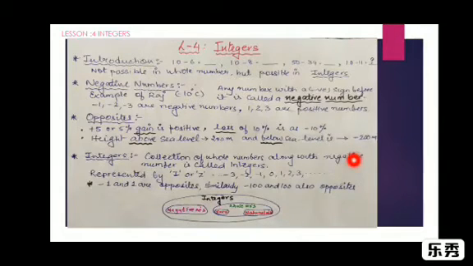Integers, when we talk about them, what does integers include? You can see again on the screen, integers have negative numbers, they have a 0, and they also include natural numbers. So integers have in them negative numbers, 0, and natural numbers, which are numbers 1, 2, 3, and negative numbers, which are the opposites. So that is all about integers.